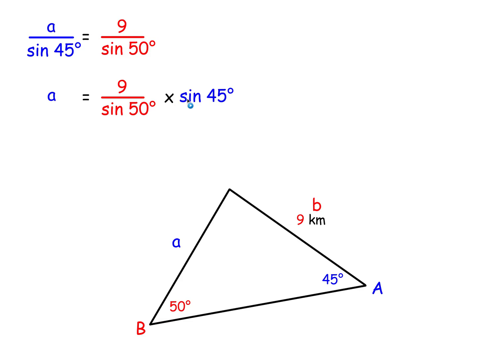Take the 45 degrees up to the other side, put that in the calculator, and there's a rounded answer. And the side we called A was actually originally RP. It doesn't matter whether you write PR or RP, it was a return journey from R to P. So it's a distance in kilometres